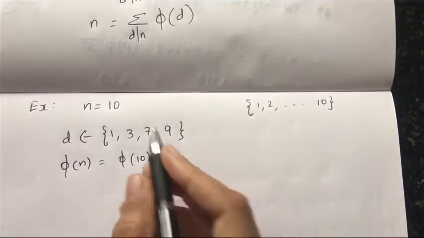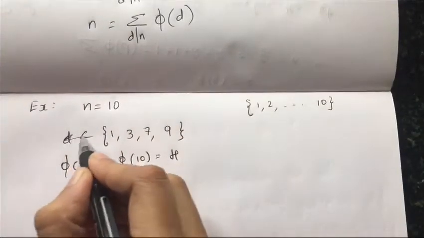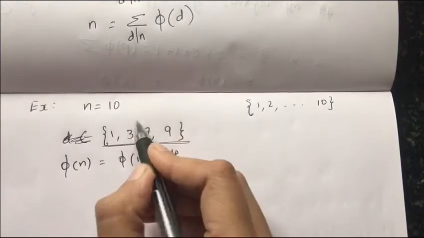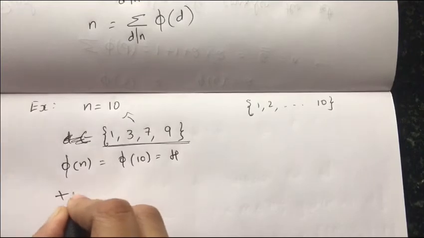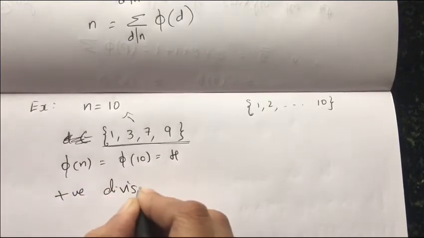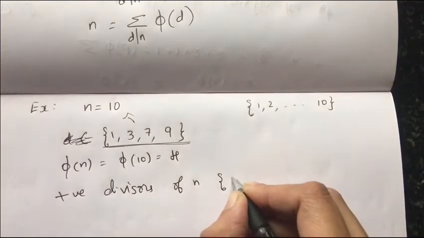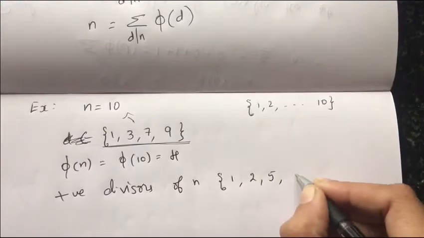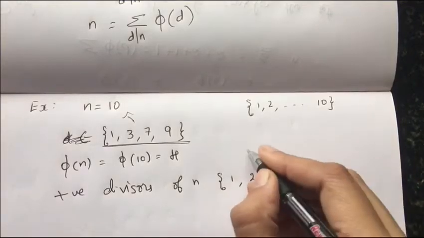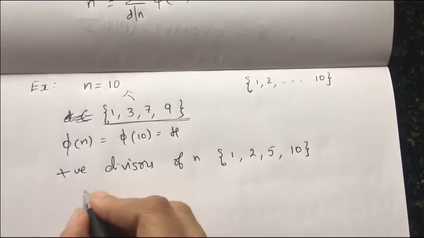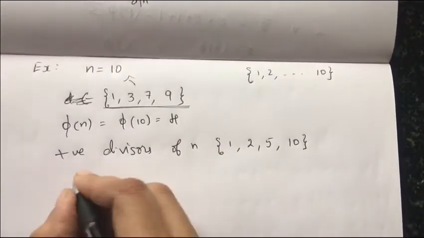Now I have to take positive divisors of n. So this is not D. I'm just taking the numbers which are relatively prime to this. So the positive divisors of n, what are they? 1, 2, 5 and 10. These are the positive divisors. In fact, D belongs to this, right? So we'll take up the class SD. SD first, D value I'm taking 1. So S1,